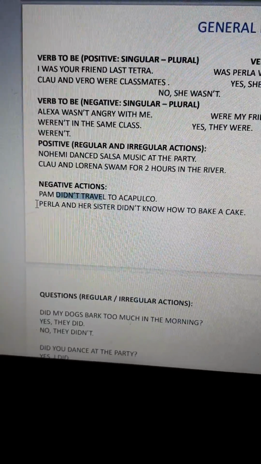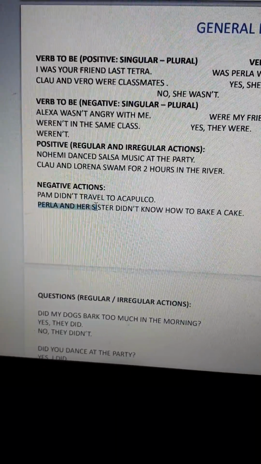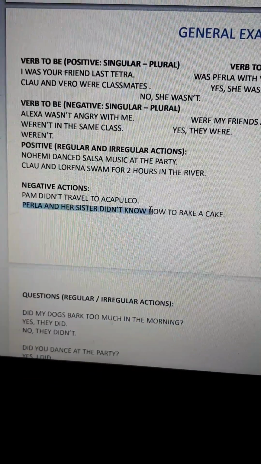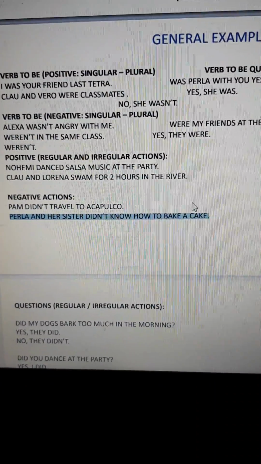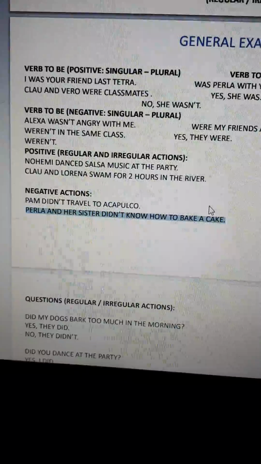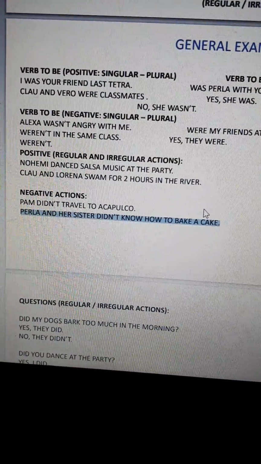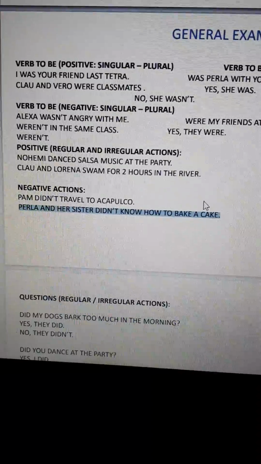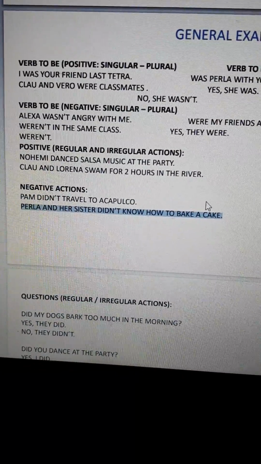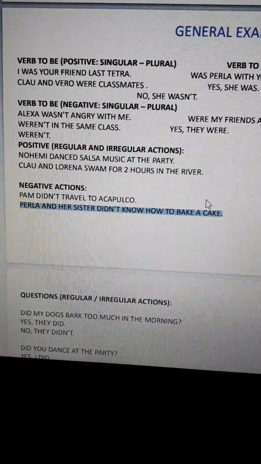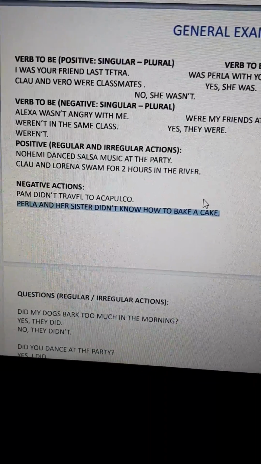The same happens with plural. In plural, we have the names also with didn't, but the action stays in the base form. So for singular and plural names, we need the auxiliary didn't and then the action in the base form, okay? The same happens for the question. The question begins with did and then the plural name or singular name and then the action in the base form. Please review